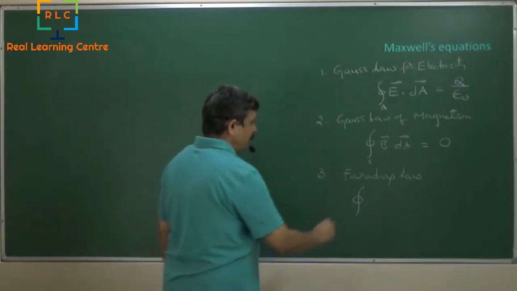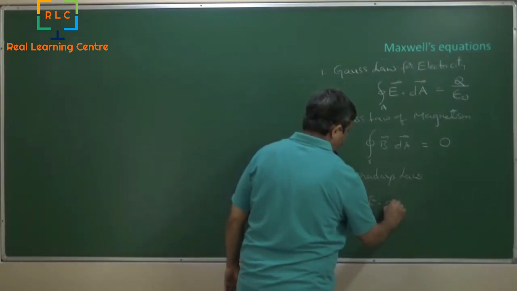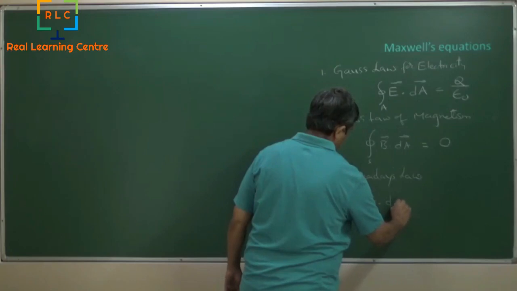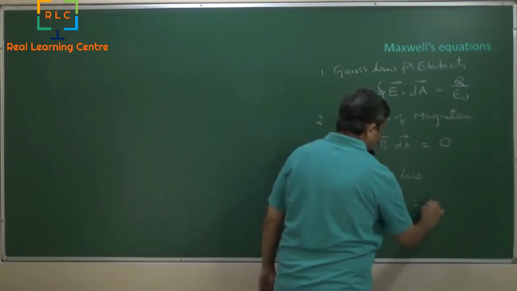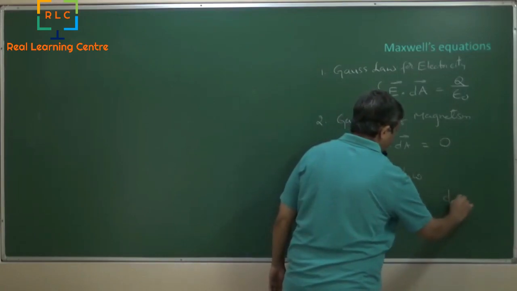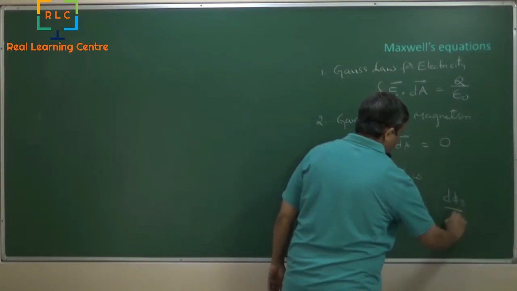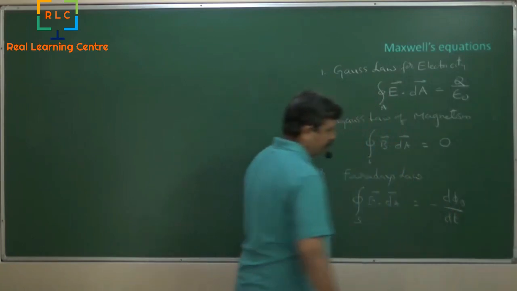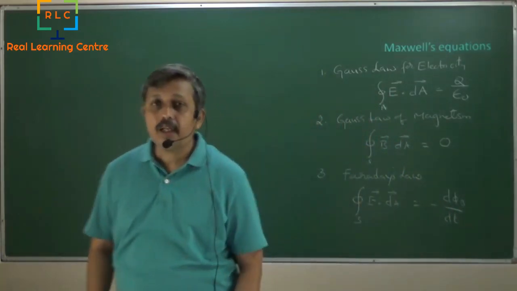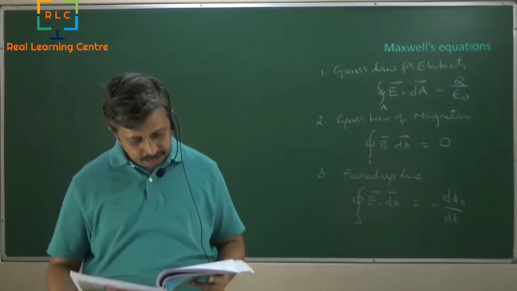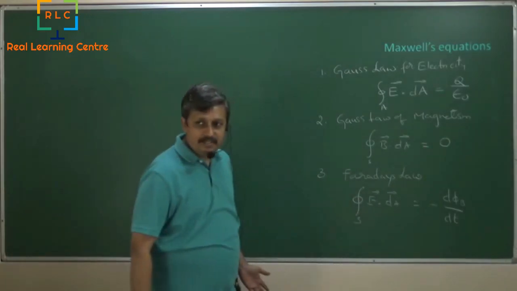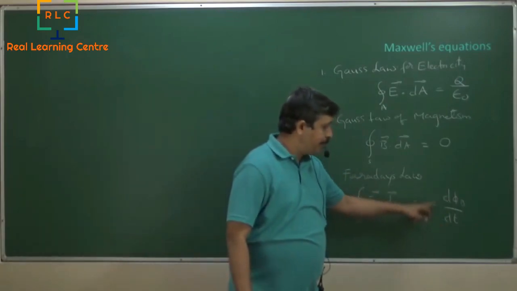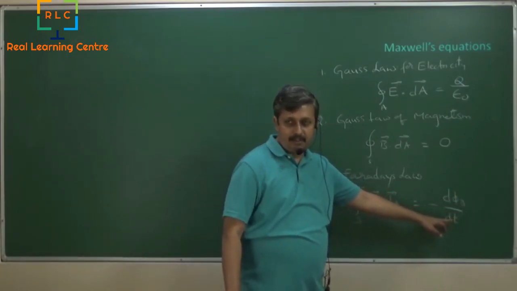So we say electric field is created, E dot dA, around that, using magnetic field, d phi magnetic by dt. The thing is, it's minus because it opposes the direction. So rate of change of magnetic field,